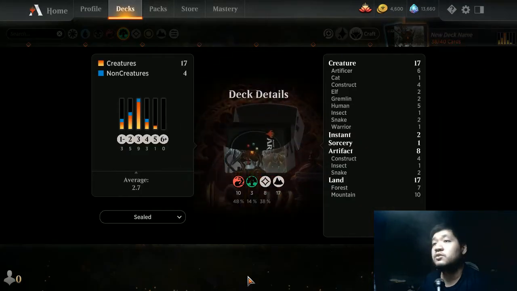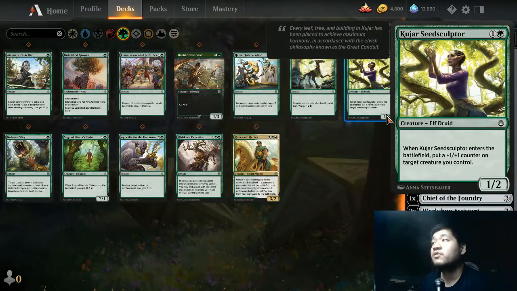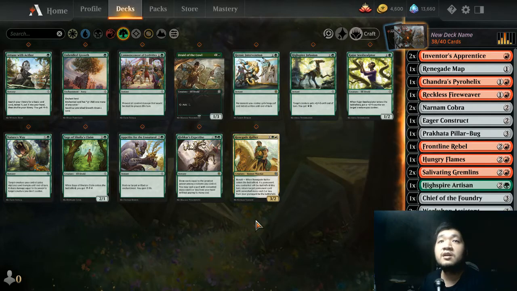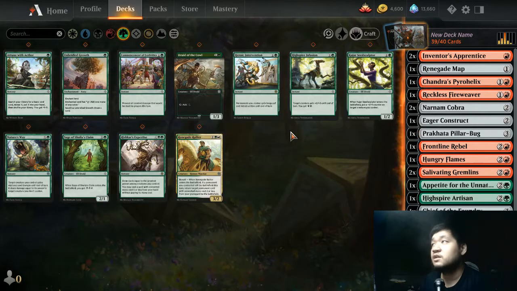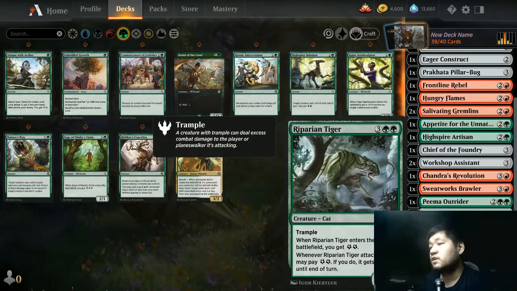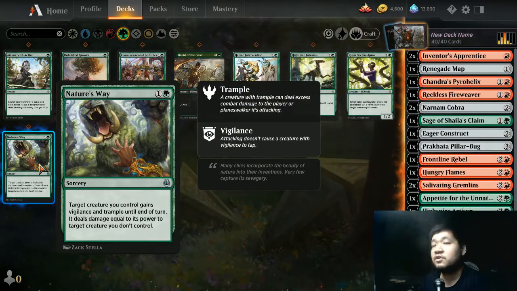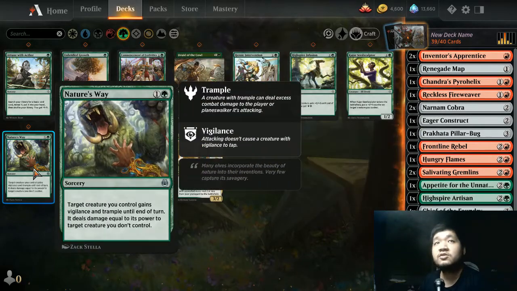Turn 1 Apprentice into turn 2 Cobra is actually good. We have choices between the Seed Sculptor, High Spire Infusion. Tune with Aether is fine. Appetite for Unnatural is actually good here. It's decent removal. So your Parent Tiger attacks, you may pay 2. So I'm probably just run... Oh wait, there's also Nature's Way. Target creature you control gets Vigilance and Trample, and it's Punch. So I might actually run...